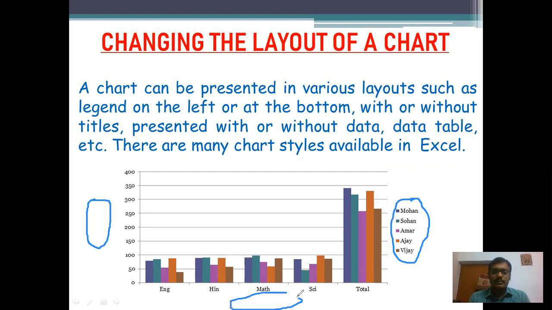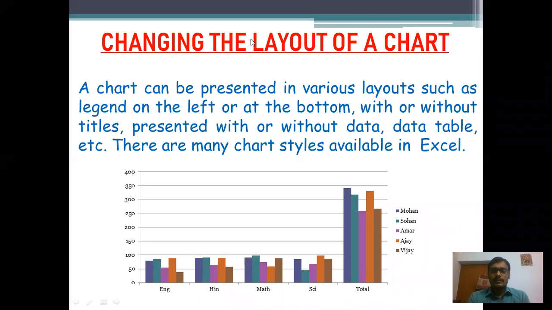Okay, so you can change its position, you can change the data table, you can present your chart with data, without data, you can also change its color, background color, etc. Okay, now let us see.